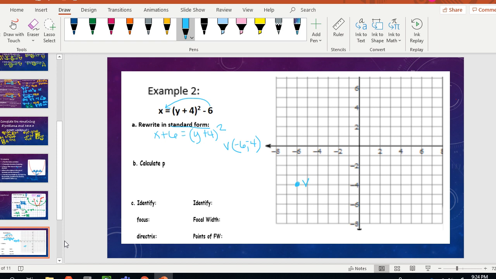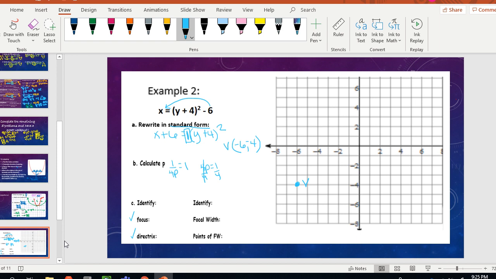Okay, calculate P. Because once I calculate P, I can find the focus and I can find the directrix. So P is going to be, notice I don't see anything normally where the P is. So it's an understood 1. There is a 1 right there. So 1 over 4P equals 1. What does P have to be to make this 1? If you guessed it to be 1/4 because you say 4 times a fourth will give me 1, then that's correct. Otherwise, you multiply both sides by 4P. So you get 4P equals 1, divide by 4,